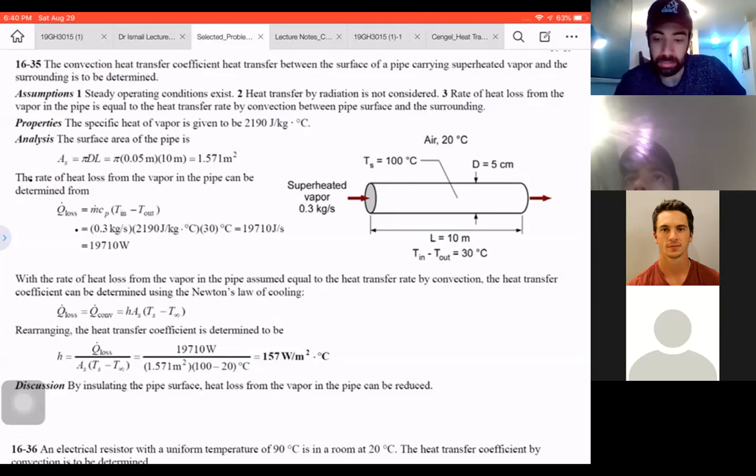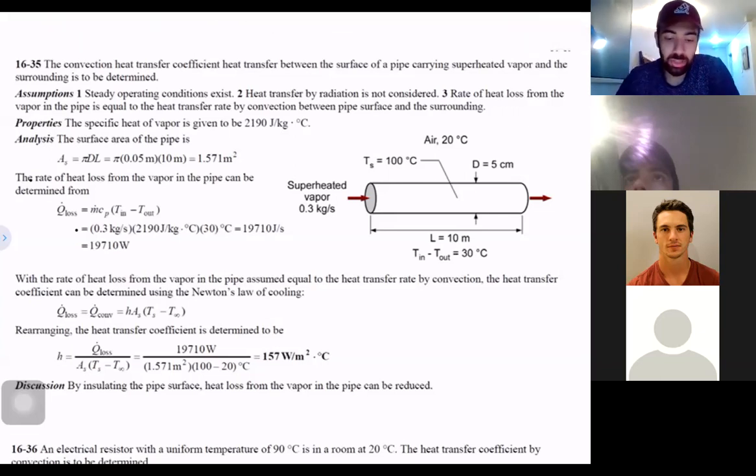The last example from this side is considering the convection heat transfer coefficient. Heat transfer between the surface of a pipe carrying superheated vapor and the surrounding is to be determined. So the question is asking me, what is the convection coefficient? That is basically h. The amount of h has to be determined. And other information is that I have a pipe which is carrying superheated vapor,